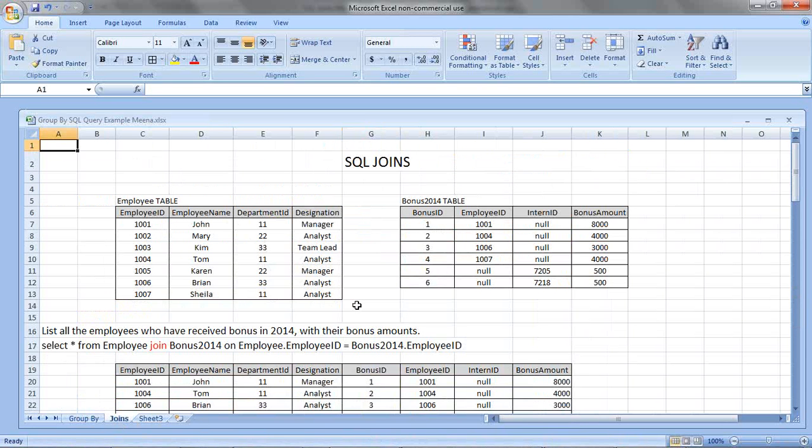Okay, so I have 2 tables for illustration. One is the employee table and the other one is the bonus for the year 2014 table. The employee table has employee ID, employee name, department ID, and the designation. The bonus table has the primary key, which is the bonus ID, and then it has the employee ID,